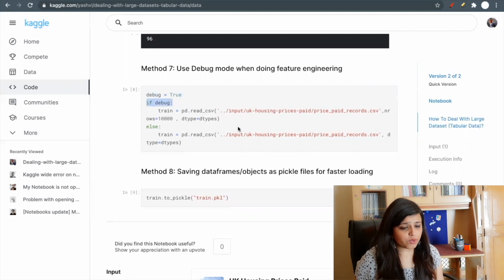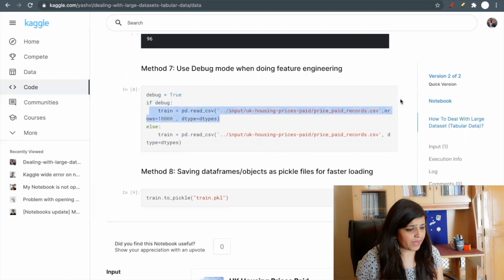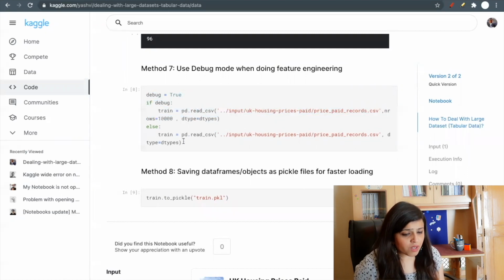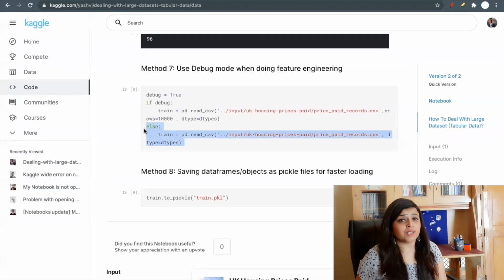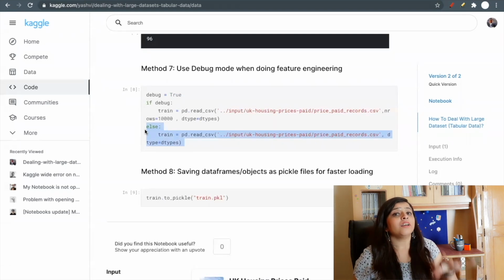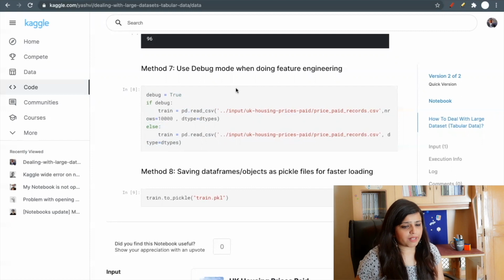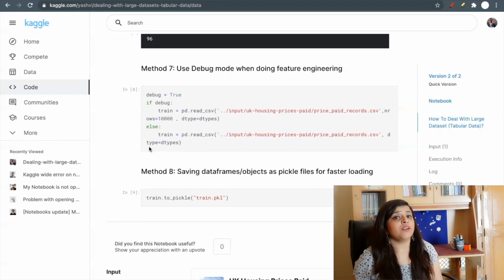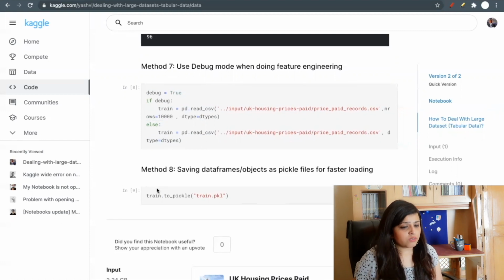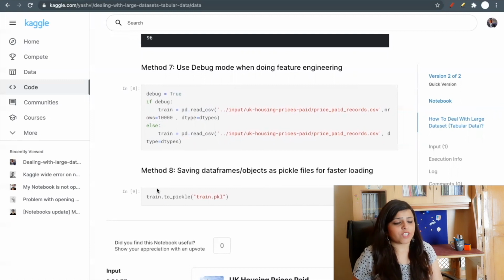If debug, you can use nrows=10000 and dtypes as dtypes. And if you are not debugging, meaning you are sure that you did all the feature engineering right, then you can load the else branch, the train data with dtypes, and perform all the operations on the whole data set. So use debug mode when doing feature engineering.